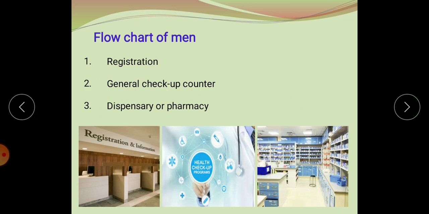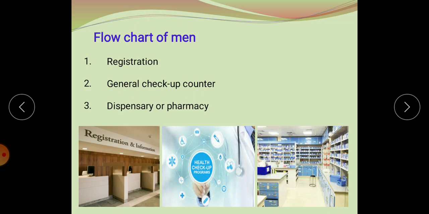Other patients are old patients who are visiting the hospital for a regular checkup. They are within a treatment procedure, so they are already registered in that hospital, and they are visiting again for their regular checkup. Both new and old patients first enter the registration and payment counter, from where the new patients are directed to the general checkup counter and the old patients are directed to the clinical service, because the old patients are already in a treatment procedure. So for them the specific department is already designated.